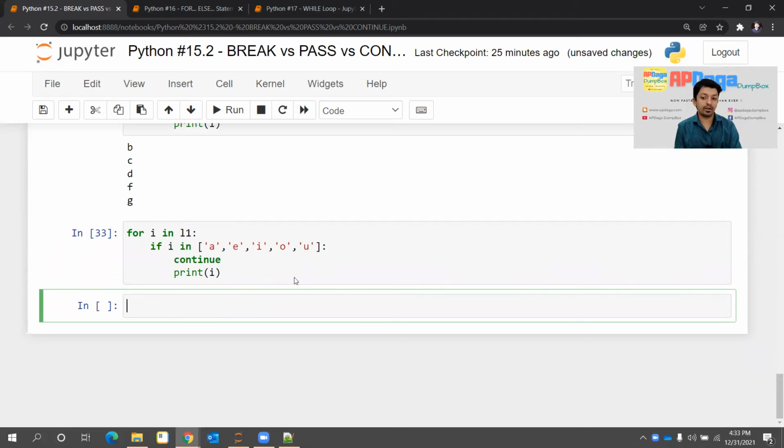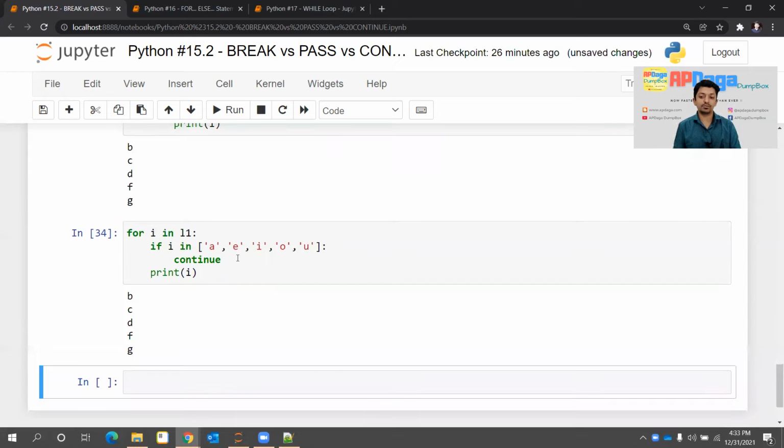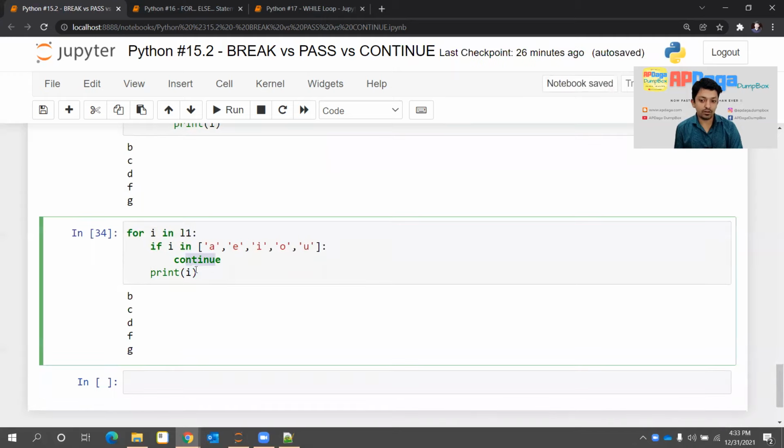It didn't do anything. Why? Because there is nothing to do. I'll just write it something like this. See, I didn't use any else statement. This print will work logically for all the iterations of this for loop, right? Because there is no condition for this. This is outside this if, but still it didn't print it.